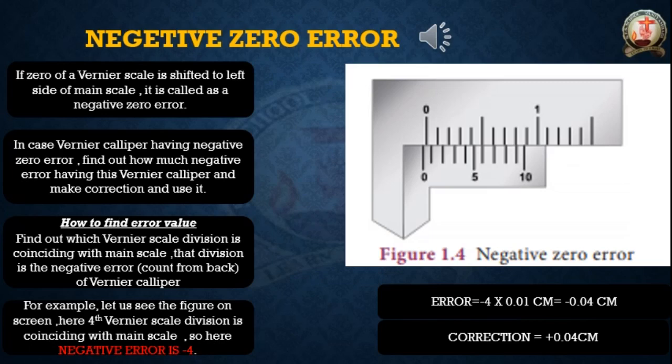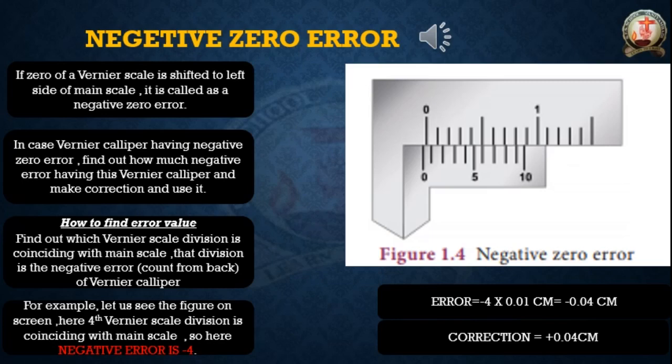So here 4th division on the vernier scale is coincided with main scale. So here, what is the negative 0 error of the vernier scale? Minus 4. Okay, negative. So only I indicated here minus. So here error is the 4 because 4th line is coincided from backside onwards. You will confuse here, sir. You might say 5th line is coinciding, not 4th line, but that's not correct. You have to count from 0 onwards. 0, 1, 2, 3. So here we are counting from backside.